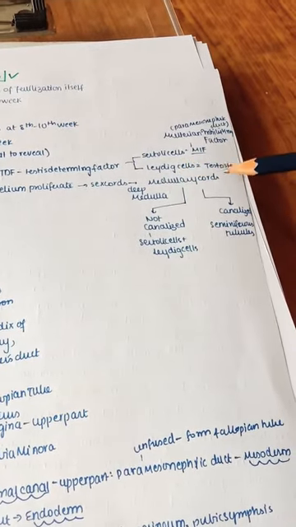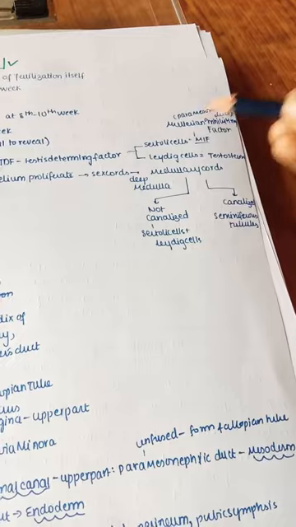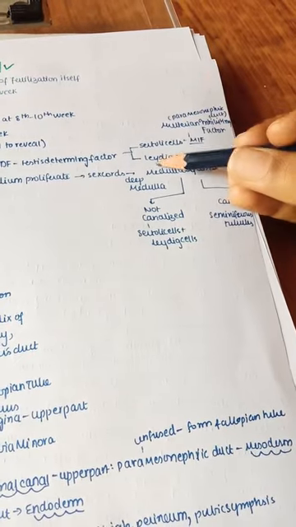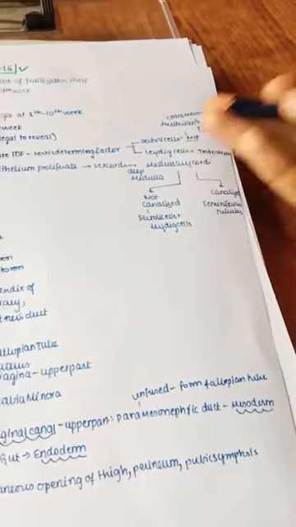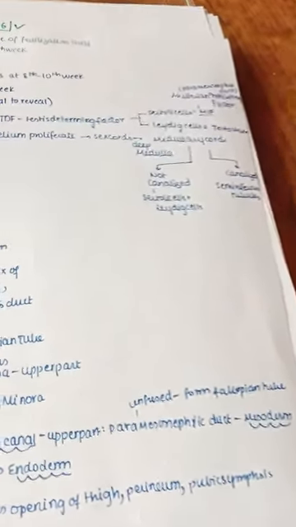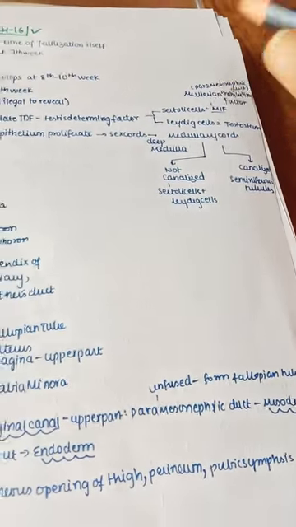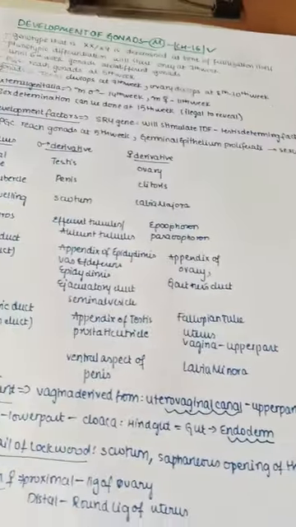We know Leydig cells mainly give rise to testosterone, and Sertoli cells form MIF. What is this? That is Mullerian inhibiting factor, that is, the paramesonephric duct is inhibited, because we know the paramesonephric duct forms female parts, that is, the female urinary system and genital system. So if it is inhibited, then we can say this is leading to formation of a male baby.